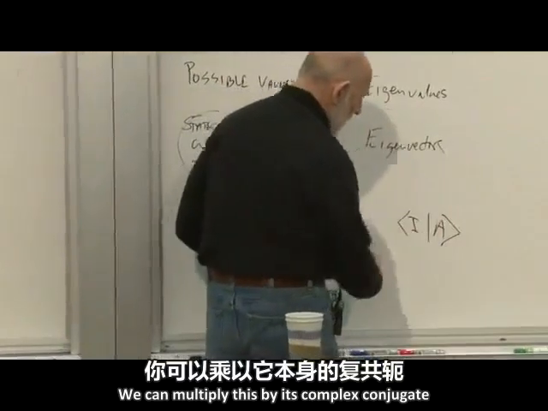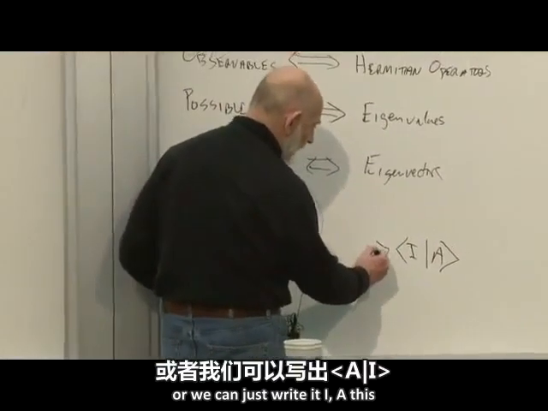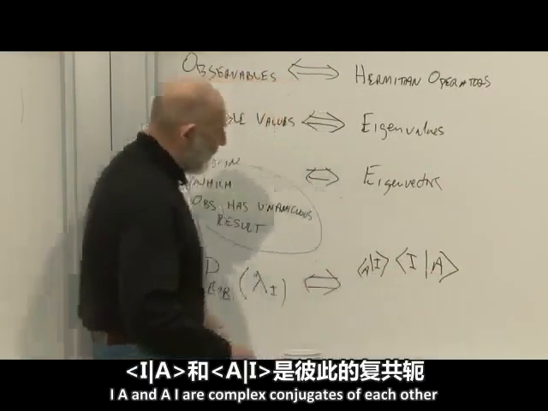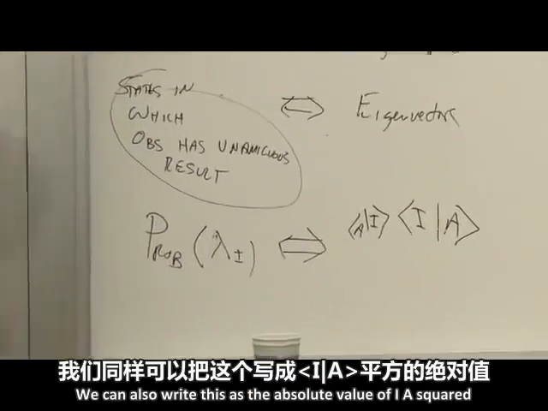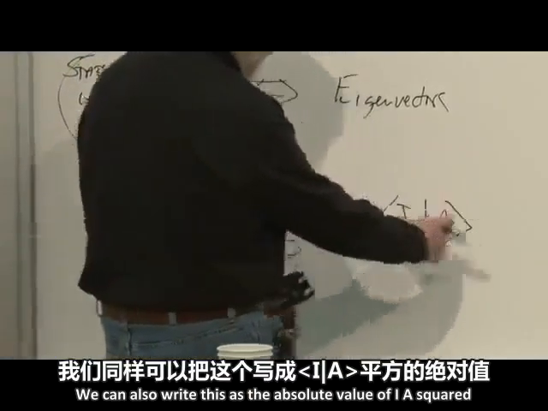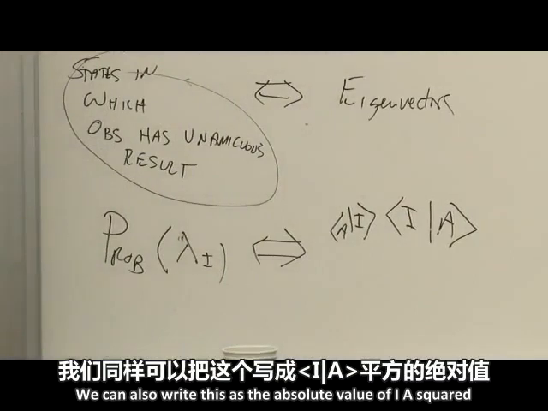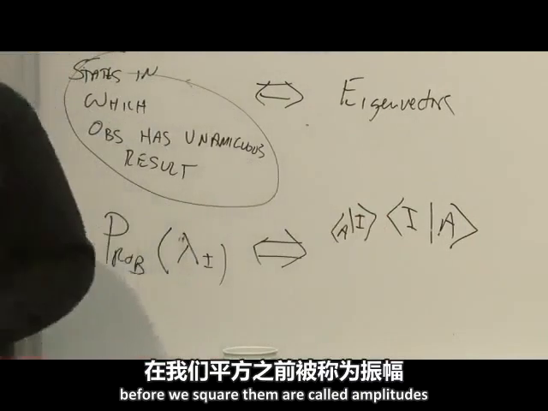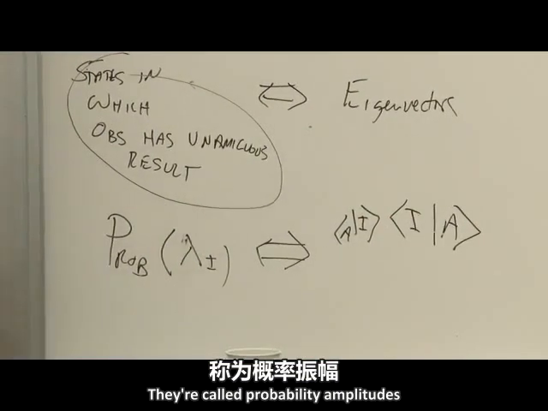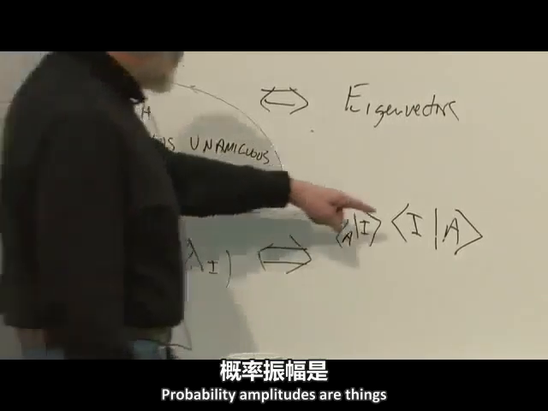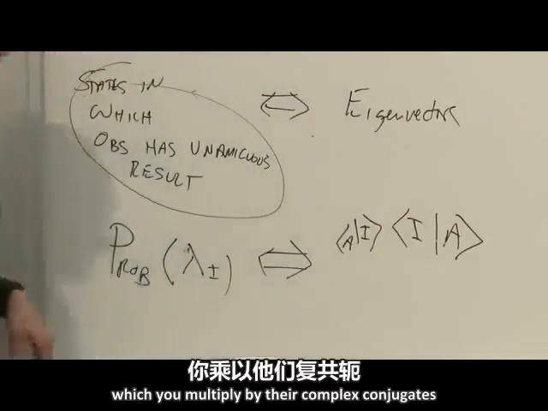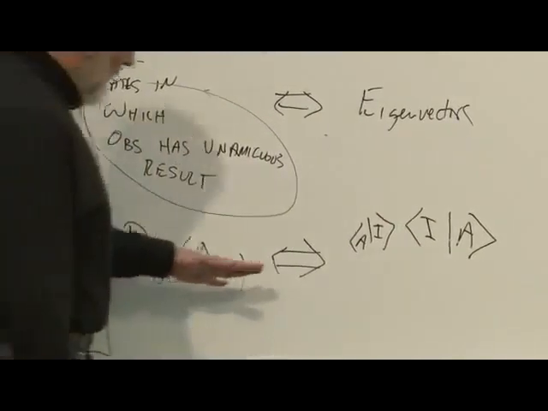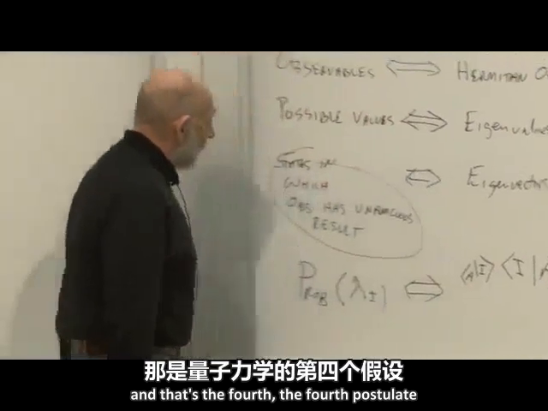We can multiply this by its complex conjugate, or we can just write it <I|A>. <I|A> and <A|I> are complex conjugates of each other. We can also write this as the absolute value of <I|A> squared. The individual components, before we square them, are called amplitudes. They're called probability amplitudes. Probability amplitudes are things which you multiply by their complex conjugates to find probabilities. They're real, they're positive, and that's the fourth postulate